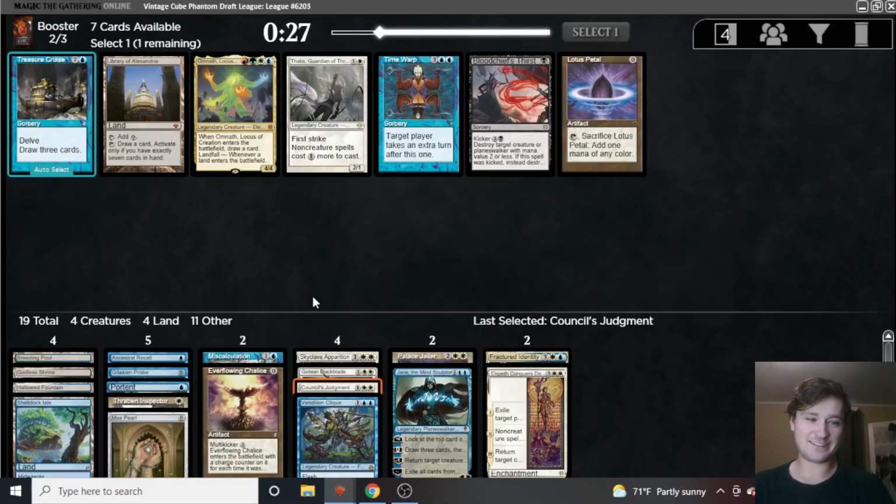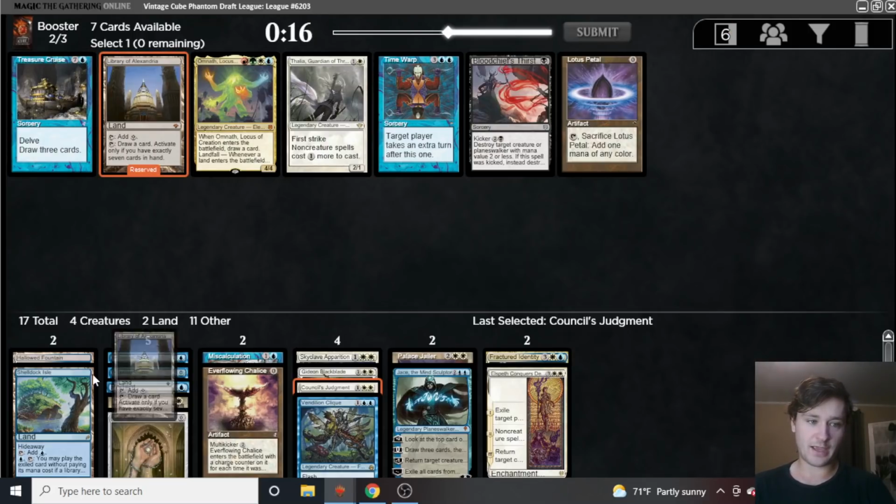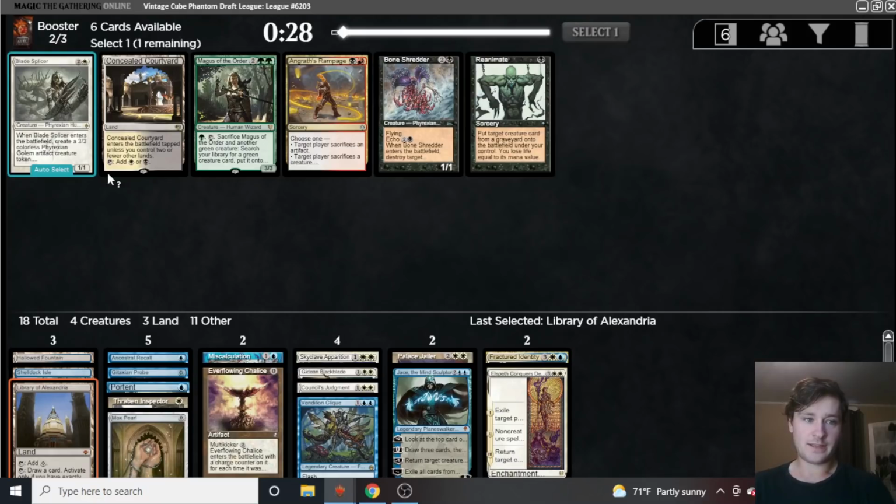That's ridiculous. Alright, let's look at how many spells we have for determining our playable count. We have 15 spells right now. Yeah, I think we just want to take the Library here. These cards are both okay, but Library can just win games. Now we can take a Blade Splicer, and actually that is a card I am pretty happy to play in